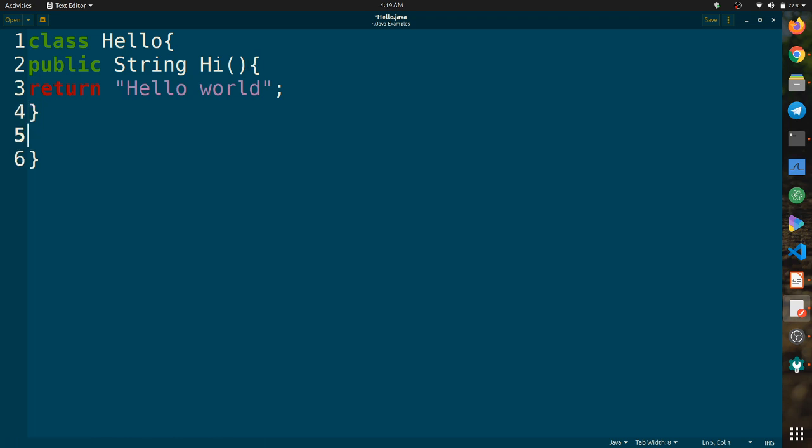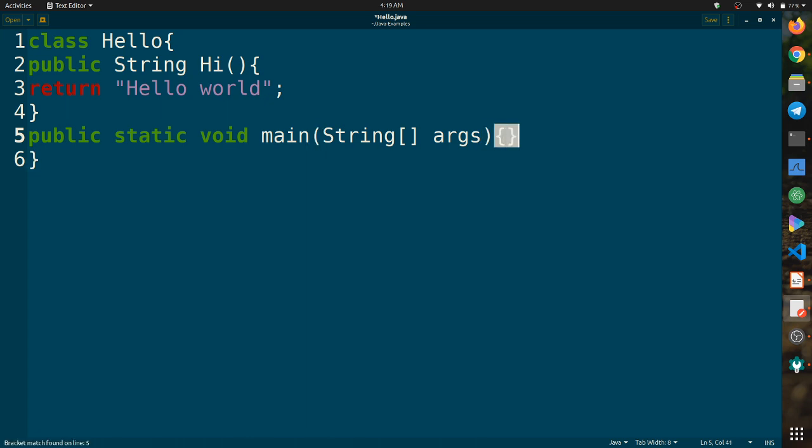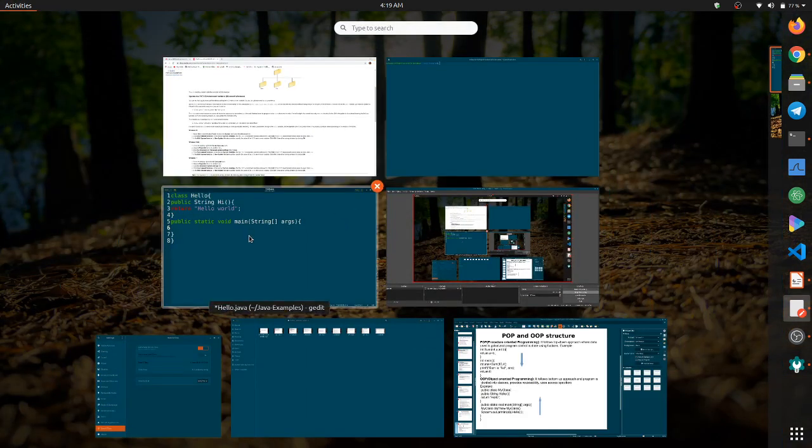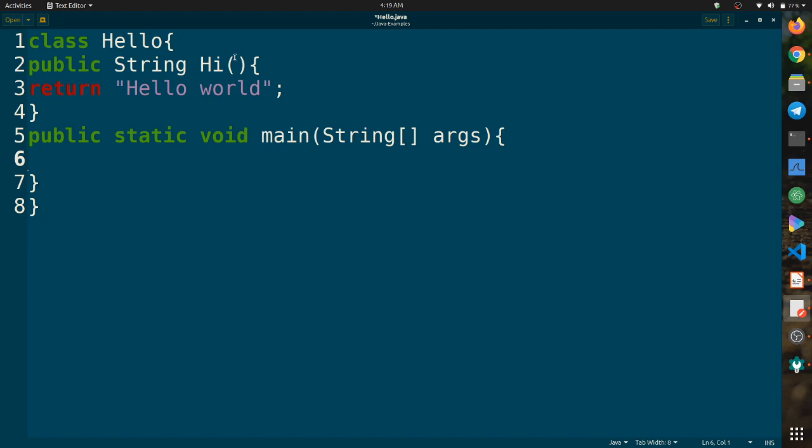Let's quickly define our main method: public static void main(String[] args). What we are going to do here is access this hi method from our Hello class and print the output hello world.